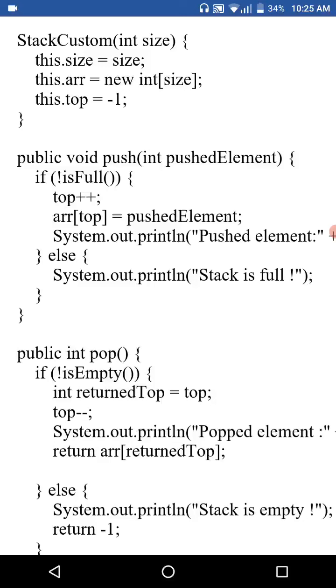So whenever we want to remove or add, we have to move the top position. By the top only we can insert, by the top only we can remove. So if the stack is not full, with the not equal symbol, not is full, then we can increment the value of top and we can add the element by using array of top equals the push element. Okay, push element, where is the push element? That is inserted at execution time.